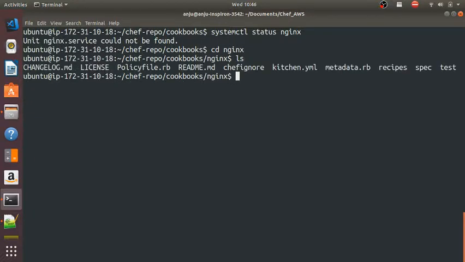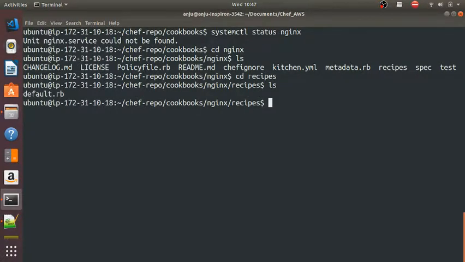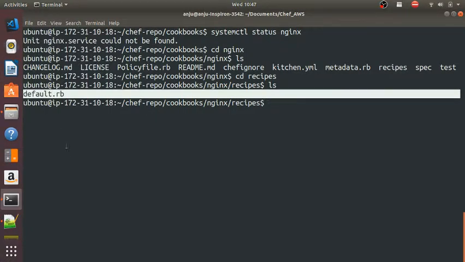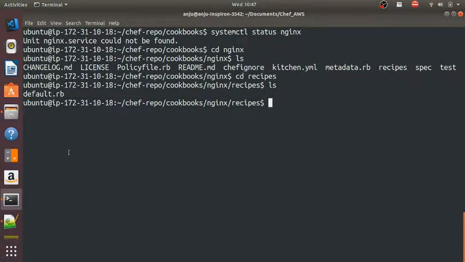Here also you will find a directory structure with many directories. Only thing you have to consider now is the recipes directory. The recipes directory will have all the recipes related to the Nginx cookbook. And by default you will have the default.rb file. This is created automatically when you run chef generate cookbook nginx. So I will use the default recipe file itself. I am going to open default.rb